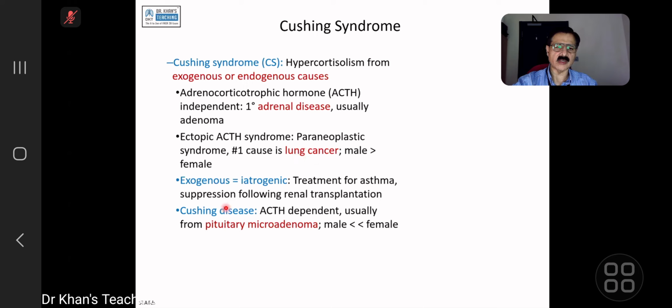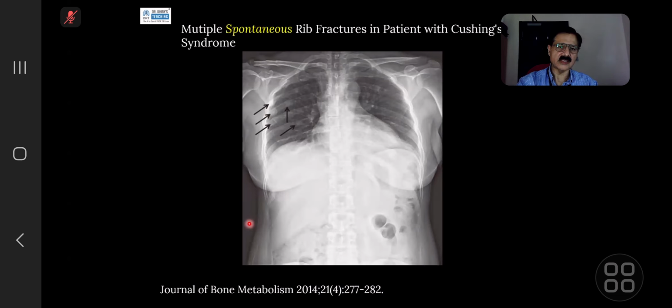And do not forget, sorry, I was wrong there. Cushing's disease is because of microadenoma. The other is syndrome. So the microadenoma of the pituitary can cause Cushing's disease. So Cushing's disease is the pituitary one, and everything else is syndrome. Now what the examiner can ask you, if you have got this concept, is they can show you mix and match type of films, or they can show it to you in a long case. Some microadenoma sitting in the pituitary and something like this,